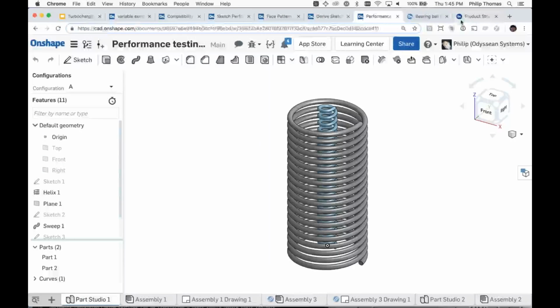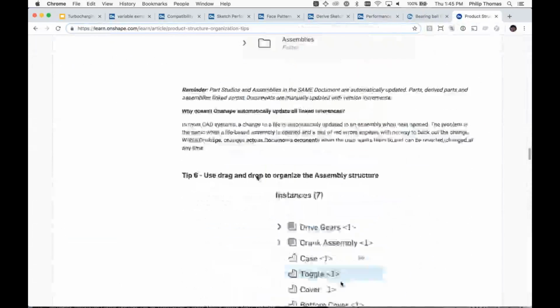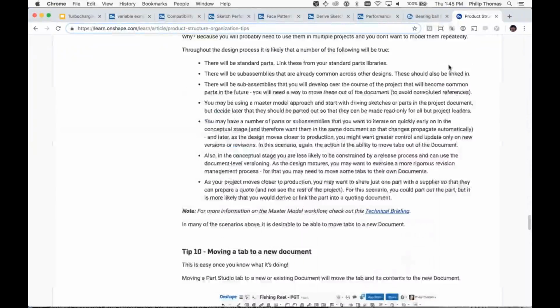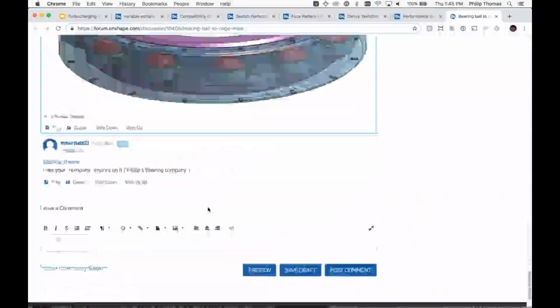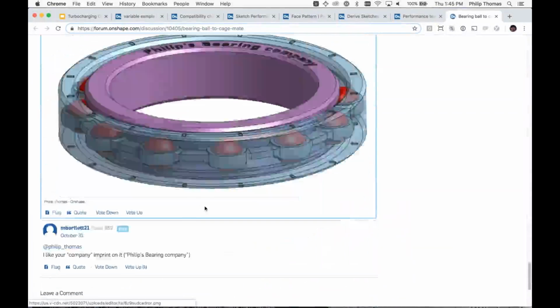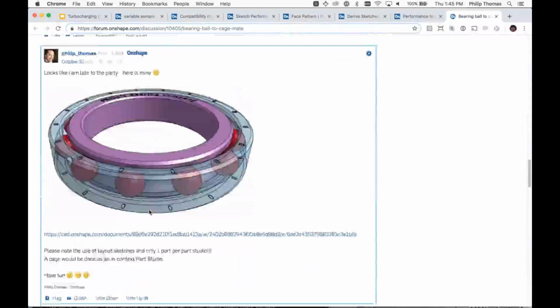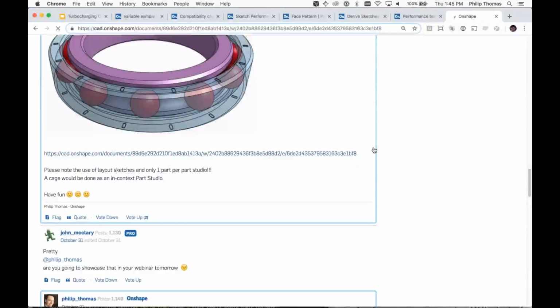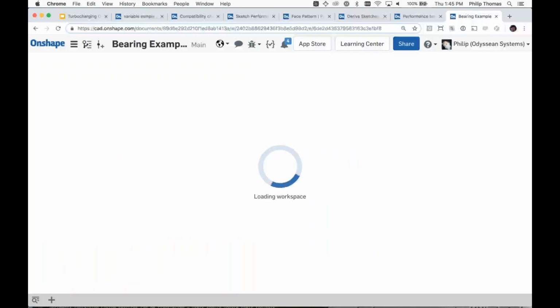My bearing. Well, since I posted it here, I'm guessing that there's a link to it. So let's, not that one. Where's my bearing? Here's mine. It is a public document. You're welcome to look at it. I tried to show good